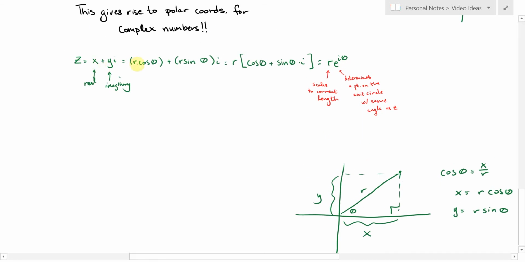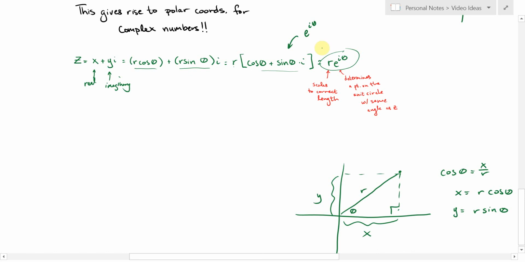Since z is equal to x plus yi, that would be r cos theta plus r sine theta times i. But you can factor out an r, and it would be r times cos theta plus sine theta times i. But by Euler's formula, that is precisely equal to e to the i theta. So the whole thing is equal to r e to the i theta,